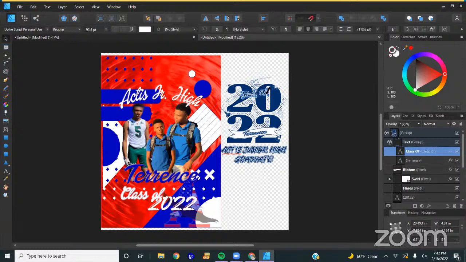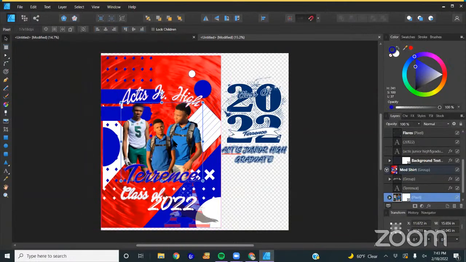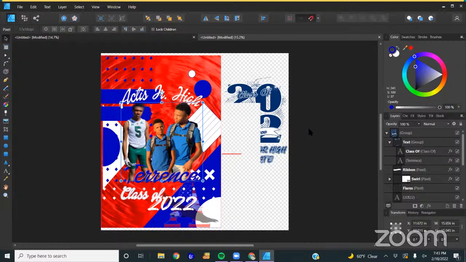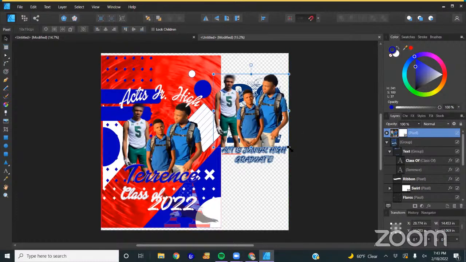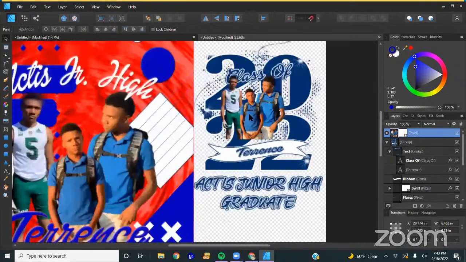Oops. Okay, and then now the only other thing I'm going to do is take the picture set from the flag and make a copy. So let me go up in here. Here is my picture set. Control J is copy. And let me pull it up out of there. And I'm just going to put it to the top for now. Slide it over. Resize it. If you hold down Control or Shift, it'll move it so that way it moves all together.